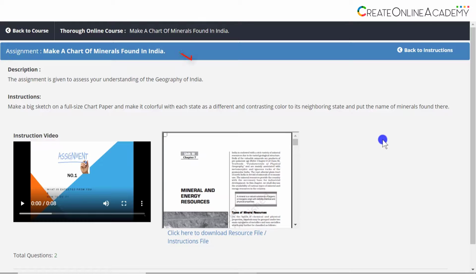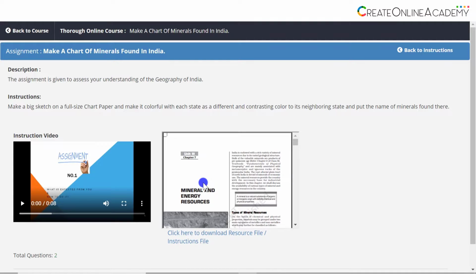On the top you can see the title of the assignment. Then there is description and instruction has been inputted by us. Remember, we can also make these two a bit more rich in the editor by adding pictures, text, formatting, links, and if required, mathematical equations too. Then here we have instruction video meant to help the learner for the assignment, and this is the resource file we had added, which can also be downloaded.